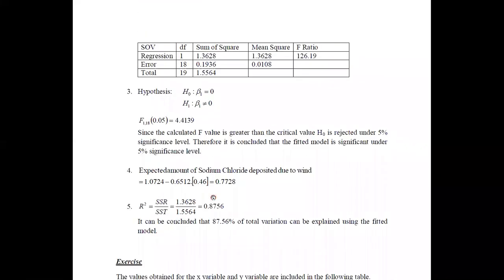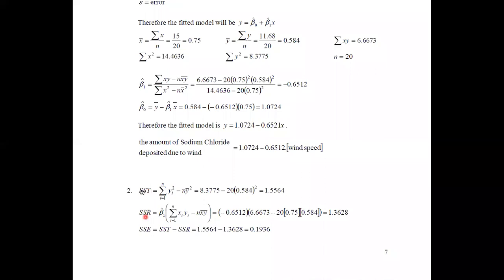To obtain the ANOVA table, we may need the equations SST, SSR, and SSE. To calculate the total sum of squares, summation of y squared minus n y bar squared is used. Using the appropriate substitution, we end up with the calculation as 1.1564. Here you can see that the values inside ANOVA tables cannot be negative. All values should be positive. If there is a negative value, then there may be a calculation error.